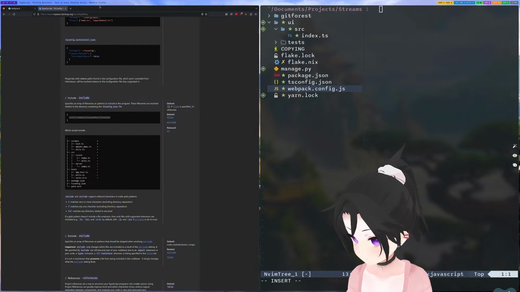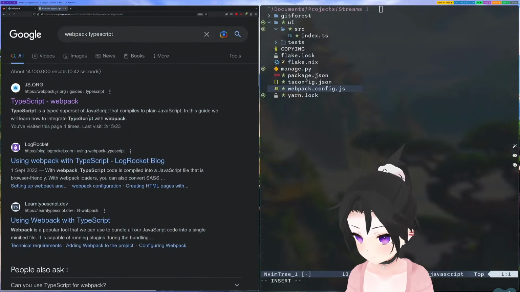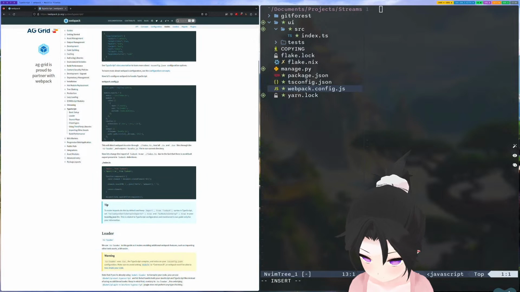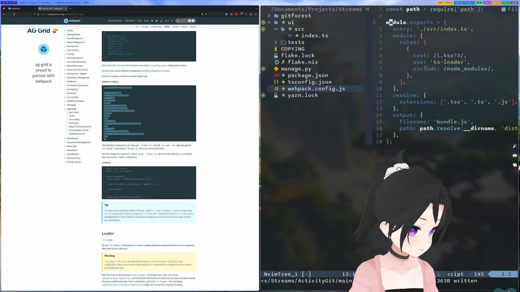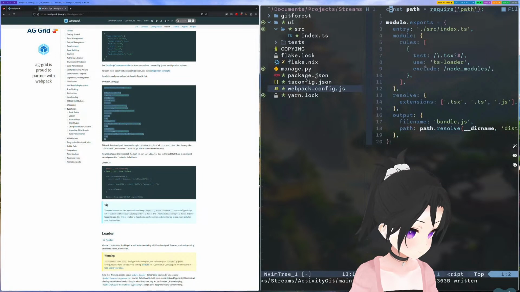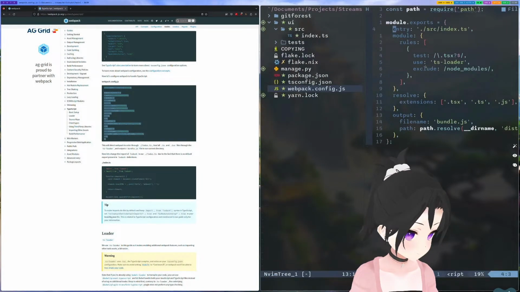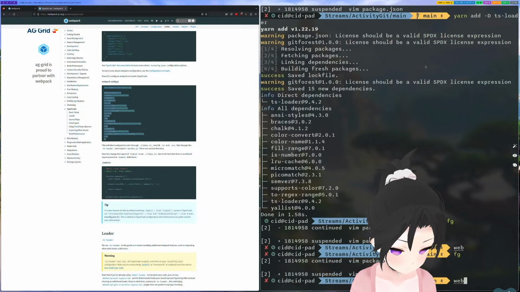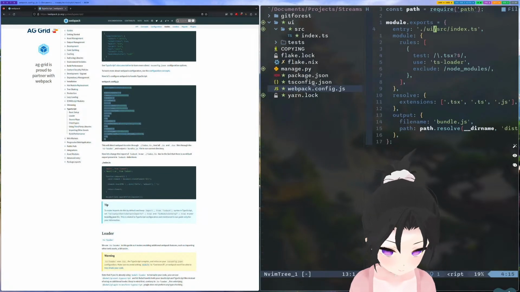So Webpack with TypeScript. Let's copy all of this. But it's located at UI SSE index.ts. And